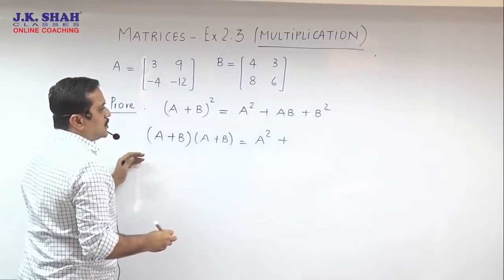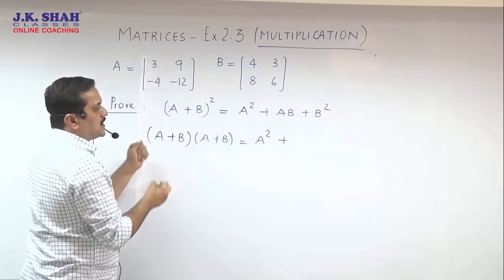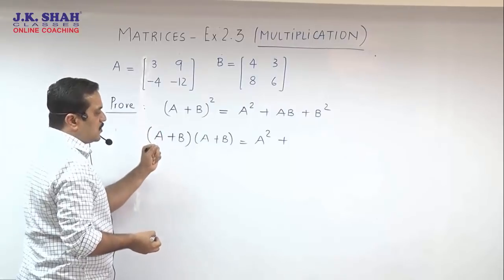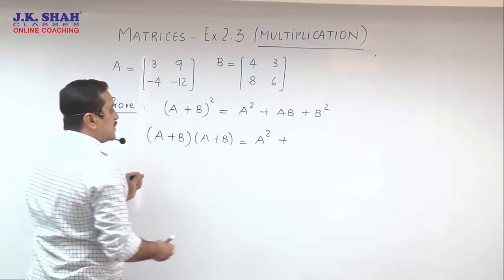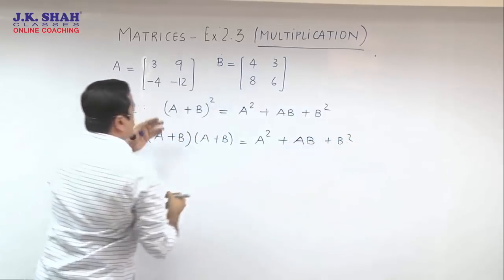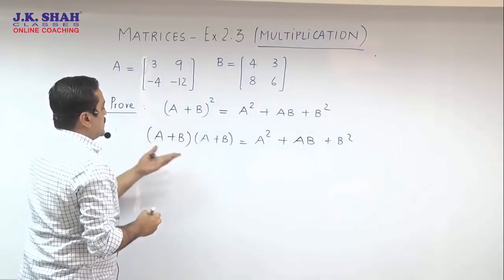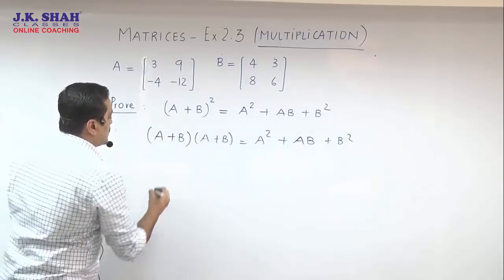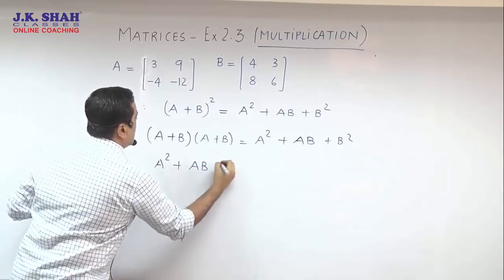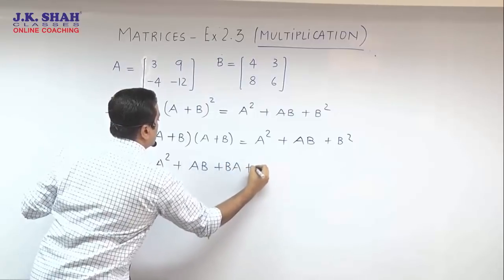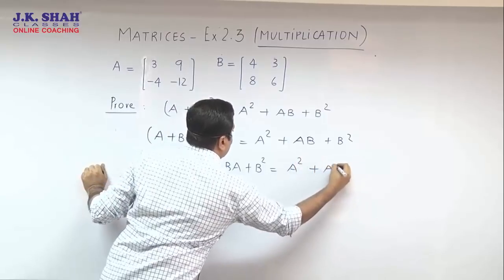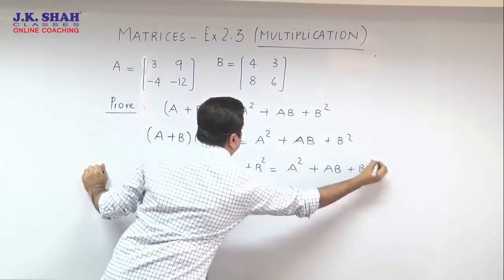What I showed you was, if we don't say anything, you would have gone by that method, a long method, almost a 2-page long method, so many multiplications involved. I'm showing you a short trick method over here. Proving the first thing is as good as proving this. Everybody would agree (A+B) the whole square is (A+B) into (A+B). Now let's open this bracket. It's going to be A square plus AB plus BA plus B square. Remember, A and B are matrices.